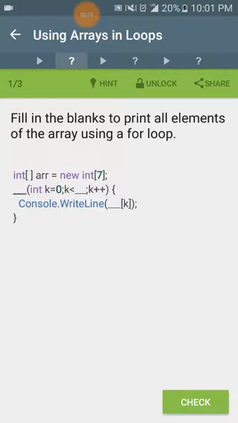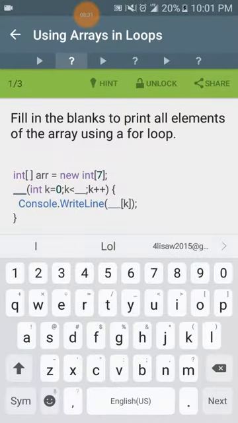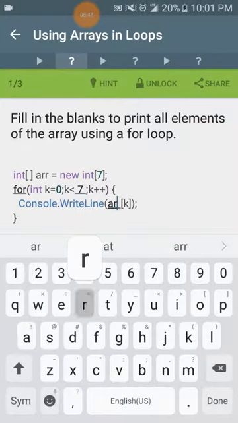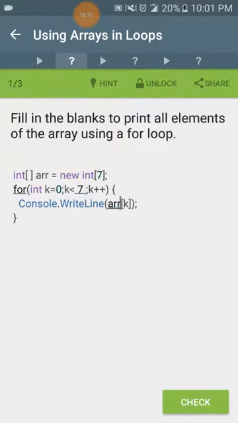Fill in the blanks to print all elements of the array using a for loop. int[] arr = new int[7]; For is the keyword we want. We're going to use a for loop for this. int k = 0; k < 7; k++. And in the body of the for loop we have Console.WriteLine(arr[k]);